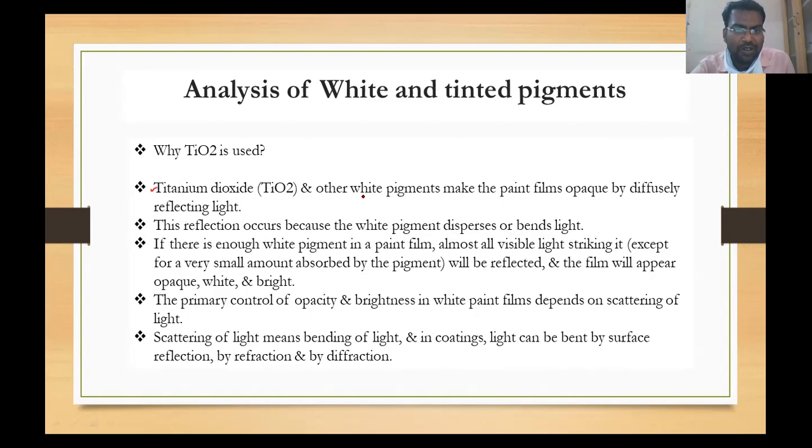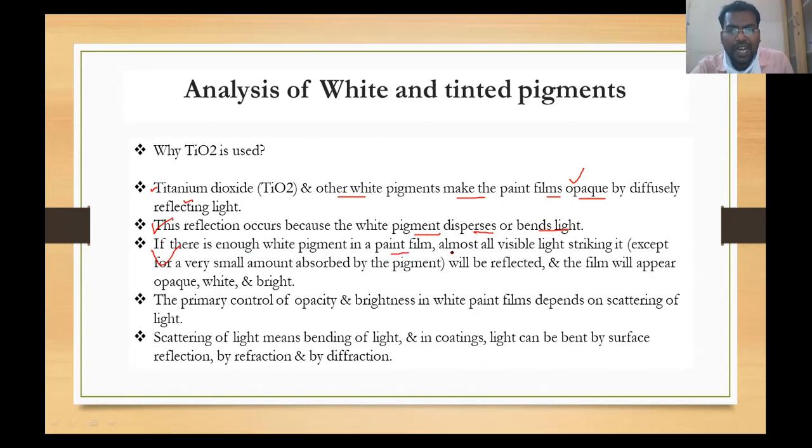This TiO2 and other white pigments make the paint films opaque. एक opaque film बनाते हैं by diffusely reflecting the lights. जो भी light है उसको reflect करके एक opaque film बना रहे हैं. कौन? जो भी white color के pigment हैं वो. Then this reflection occurs because the white pigment bends the light. ठीक है, जो भी light है उसको disappear करता है या फिर bend करता है, ये titanium oxide. Then if there is enough white pigment in a paint film,